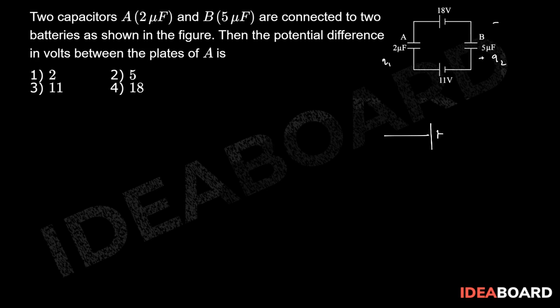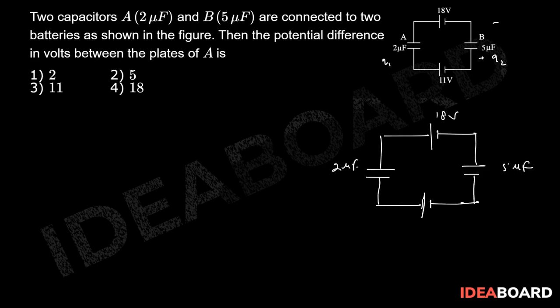take the charges. So this is 18 volt, this is 2 microfarad, this is 11 volt battery or cell, and this is 5 microfarad, this is 2 microfarad. Say charge on this 2 microfarad is, let's say, q1. If this charge is q1, because initially both capacitors are uncharged, right? So that means similar kind of charge will be q2, which will be equal to q1 only on the 5 microfarad capacitor, correct? And this is the 11 volts battery, this is plus hand, this is minus hand. Obviously I can assume this is plus hand, this is minus hand.